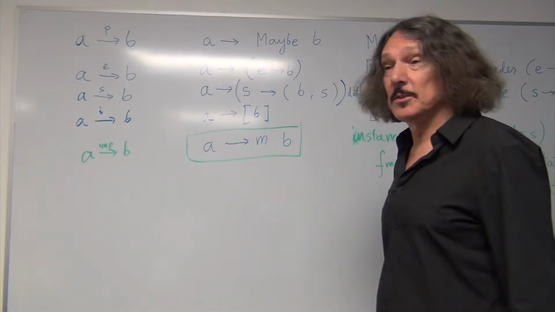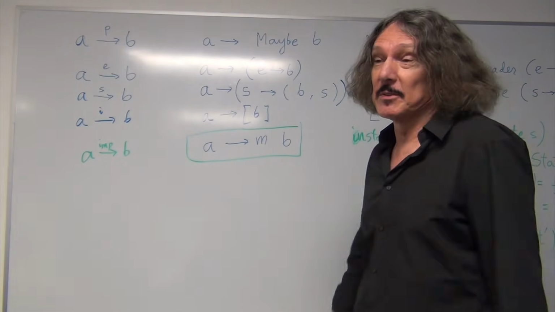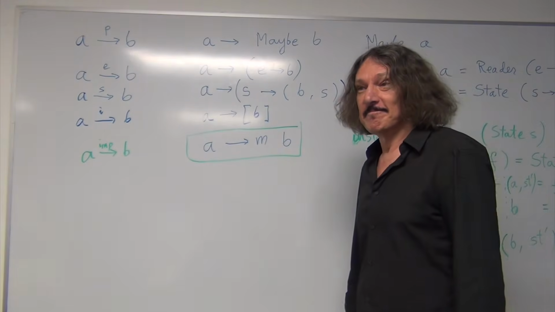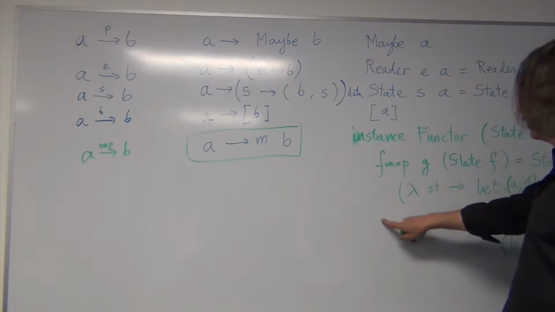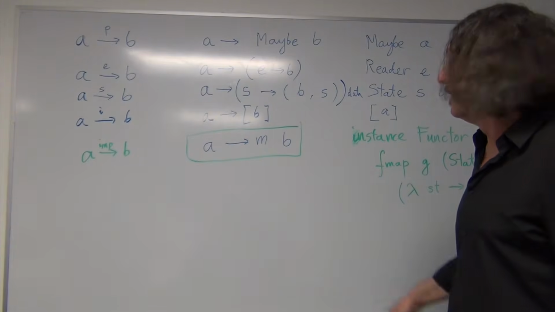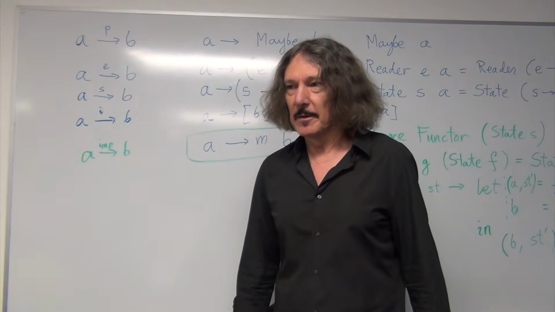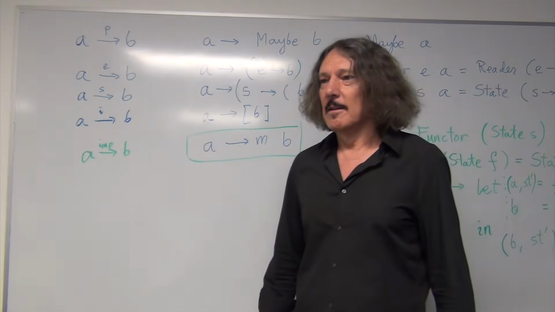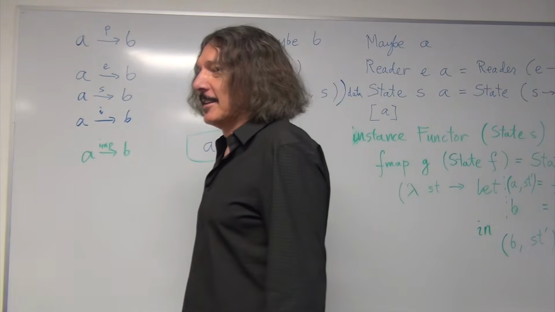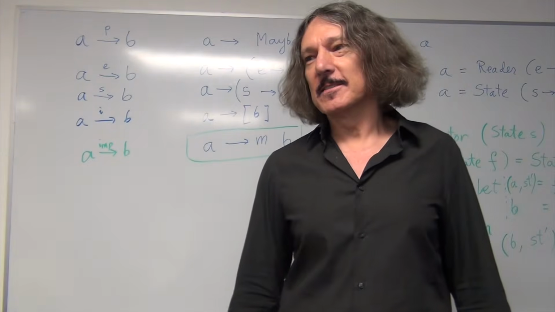And actually I didn't use the fact that it's a functor. I just mentioned it, that these happen to be functors. I just proved that one of them is a functor, and the rest we know that they are functors because we dealt with them before. But I haven't used the fact that it's a functor. I will use this fact eventually. That's why I want you to know that these are functors, right?